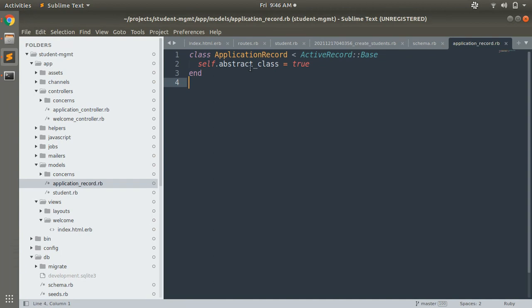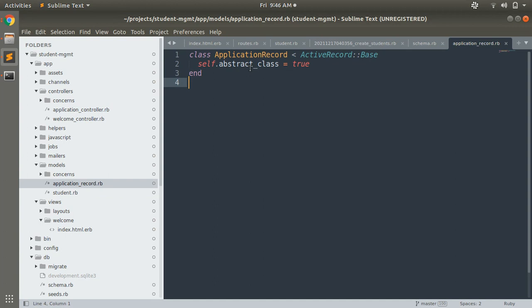And whenever a class has abstract class set to true, you cannot instantiate it. Conceptually, as its principle, an abstract class cannot be instantiated. It can only be inherited by child models to be used.